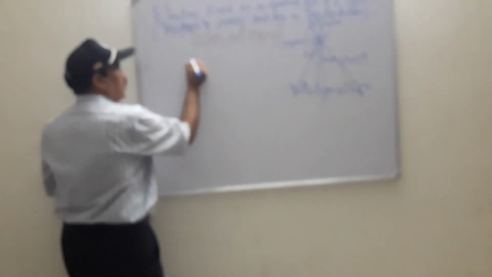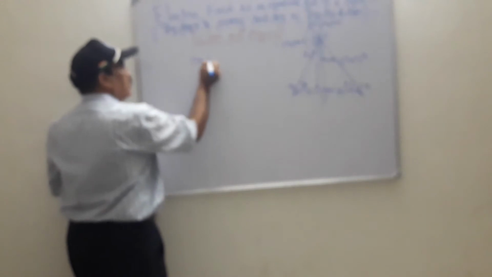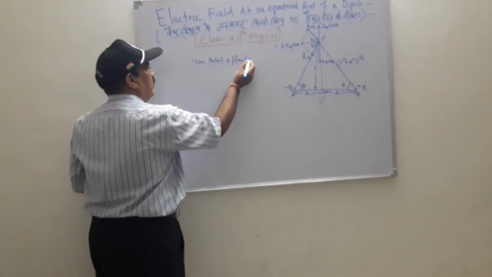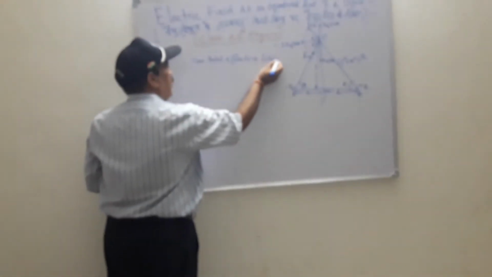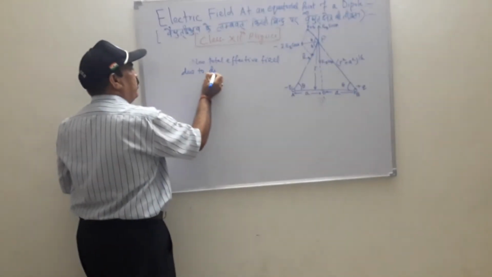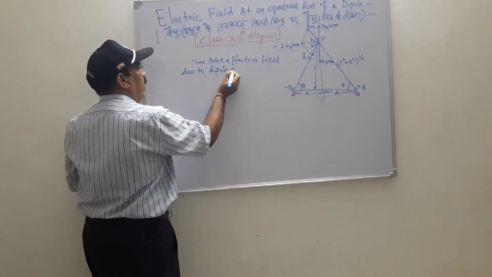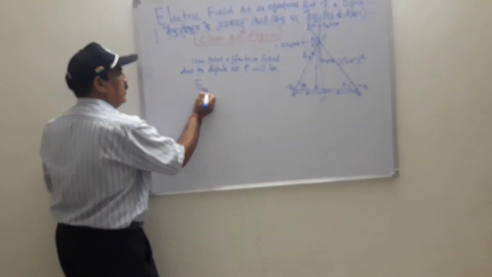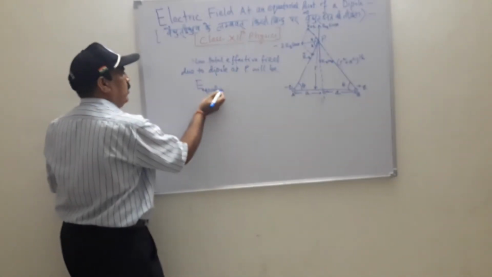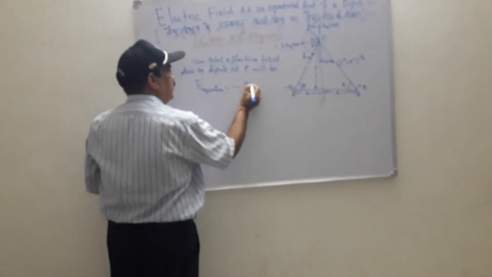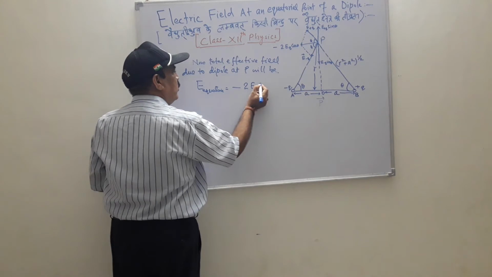Now, the total effective field due to the dipole at P, E equatorial, is equal to negative 2 EQ cos theta,